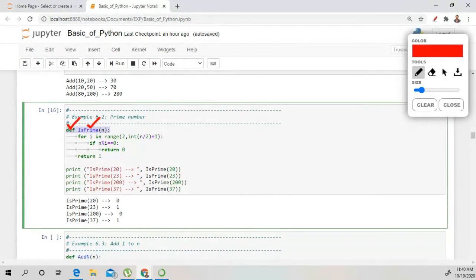What is the function name? is_prime is the function name, and we have to pass a value for n. It will take a range from 2 to int(n/2) plus 1. We have to find the remainder. If this remainder is equal to 0, then it will return 0, otherwise it will return 1.